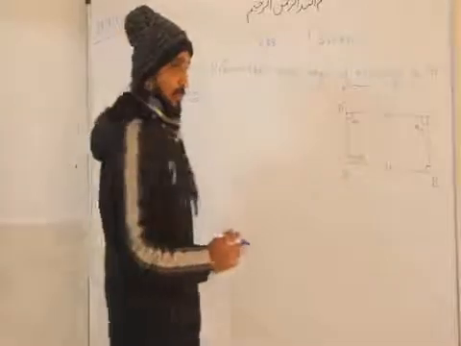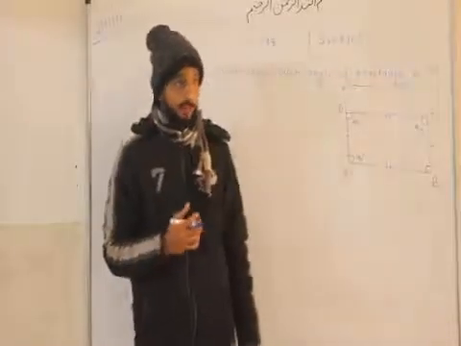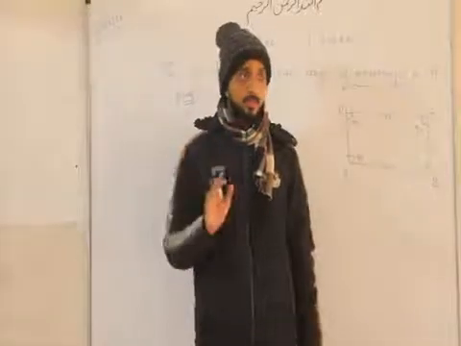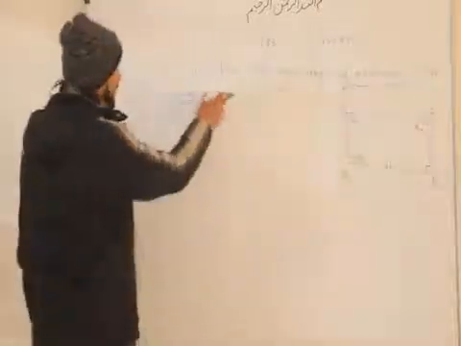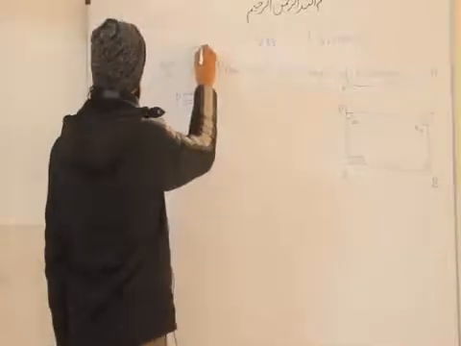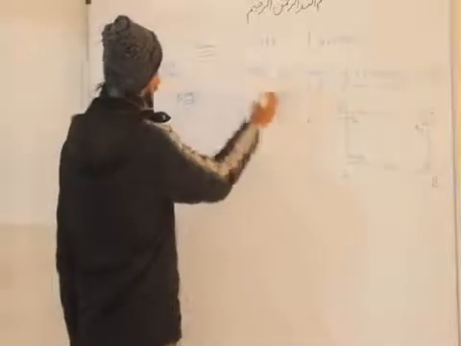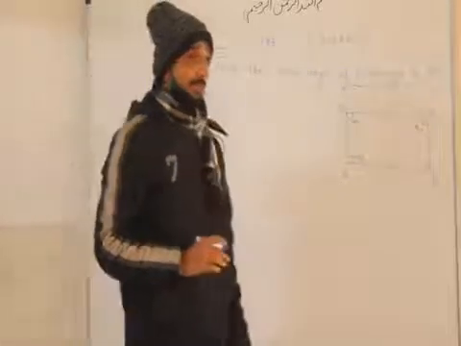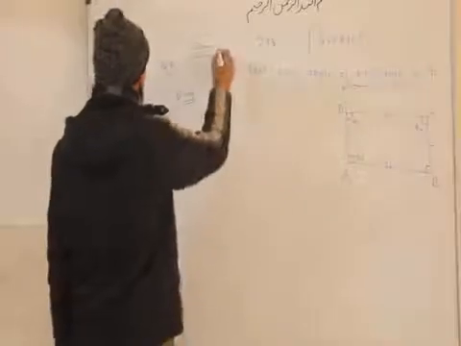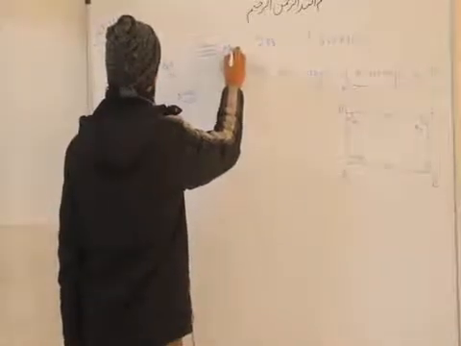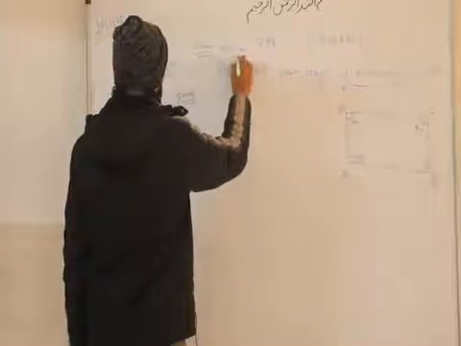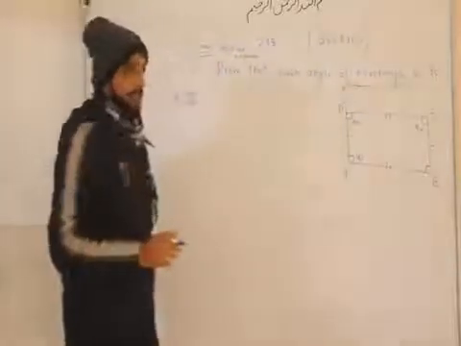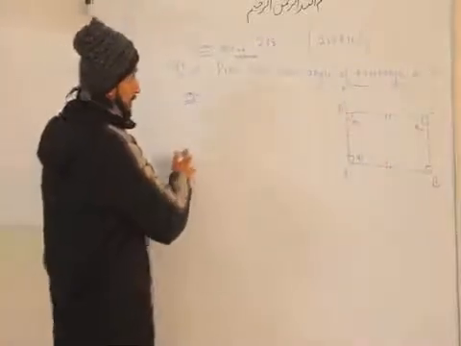Okay. Here in geometry, when we are proving things, first we write the given things, whatever is given in the question. Then we start proving. Before the proof, we write what is the given condition. So the given condition is that ABCD is a rectangle, right? So simply we can write ABCD is a rectangle, and this is the condition that is required. We have to prove it. So now we are proving this.